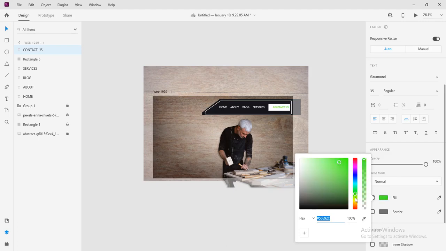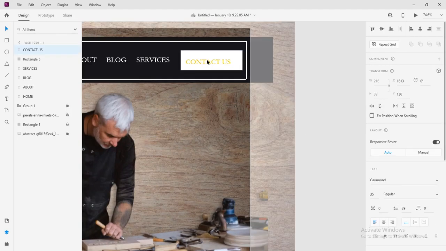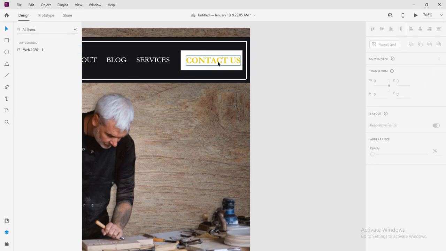Actually, I would like to go with a darker yellow, and then I give it some shadow, which we shall gladly do here. The font size is a little bigger than the menu font, and then I'll go with bold. Yep. Now that we have that,